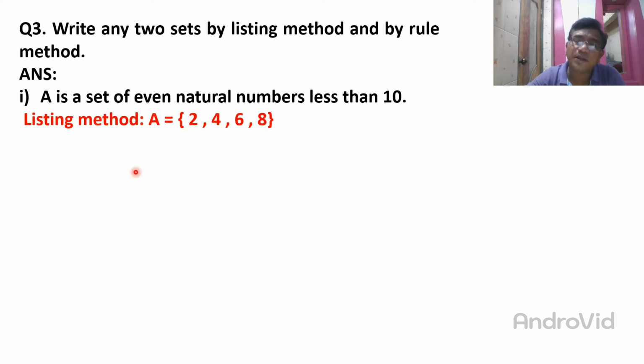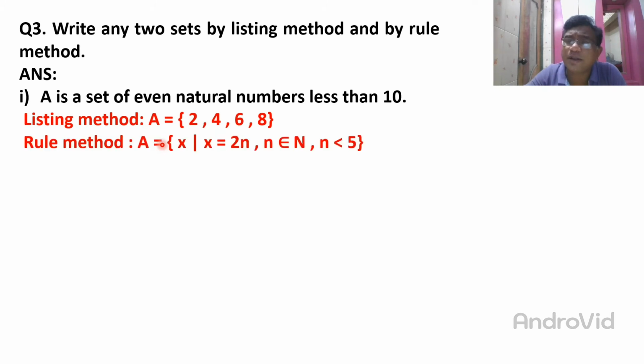So if you want to write your example by the rule method, how can you write? Just see here. I will explain how I write this. Okay. So rule method, A. Because the set name is given in capital, here also you give the set name in capital. And this curly bracket means set. Then these are called the elements. 2, 4, 6, 8 are the elements, and each and every element is separated by a comma. So in the list method, whatever the elements are, they can be seen very easily, because all elements are written and separated by commas.